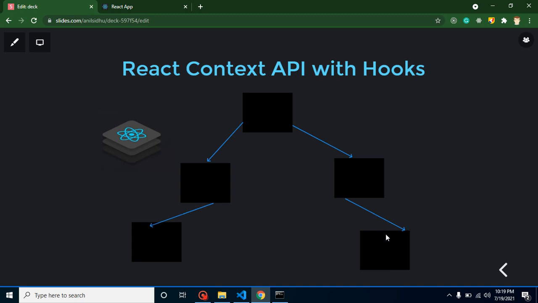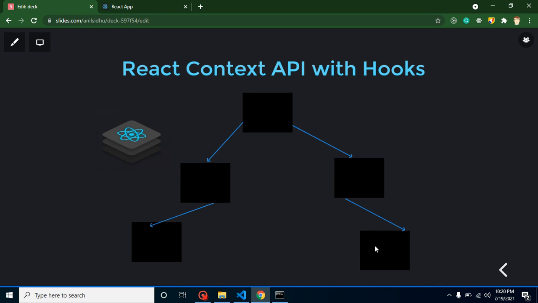I know that we can easily send data from parent to child or child to parent without Context API or without Redux. But whenever we have lots of other components between our two components, how can we send the data? Let's say you want to send data from this component to that component. Here we have two choices. One, we can use Redux, but whenever we are using Redux, we have to add an external library and we have to add a lot of code. We have to create the actions, reducers and other things.